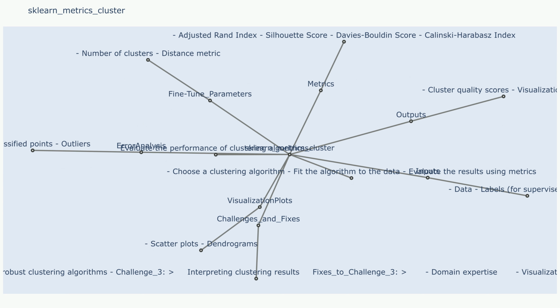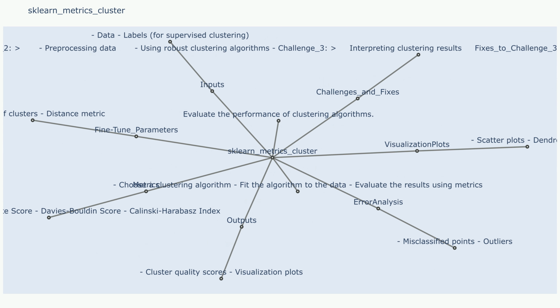Challenges and fixes. Challenge 1. Explain in detail choosing the right number of clusters, K. Determining the optimal number of clusters can be challenging, especially without ground truth labels. Sample use case that resulted in challenge 1. Running k-means with various values of k, but the elbow method or silhouette analysis doesn't provide a clear indication of the optimal k.